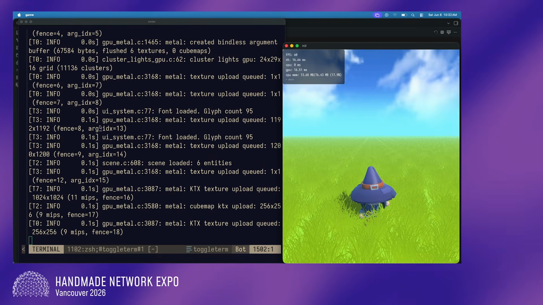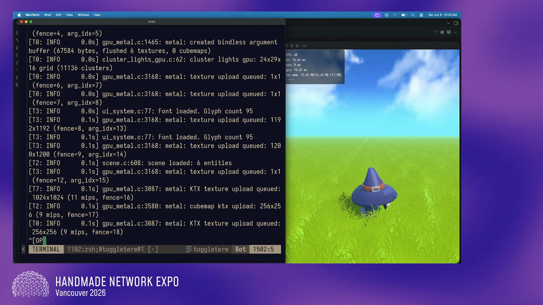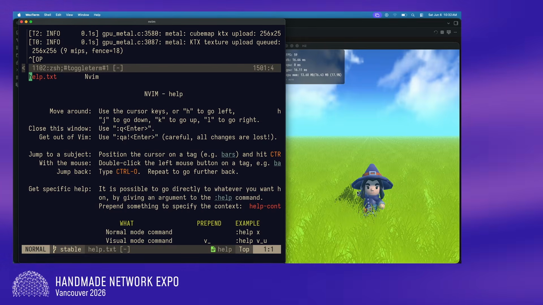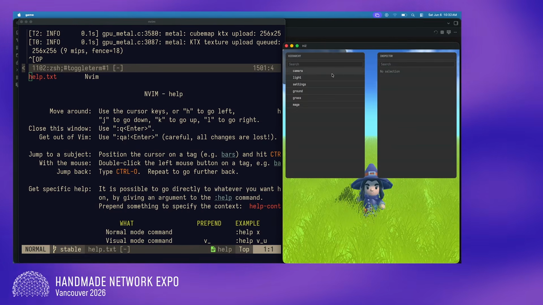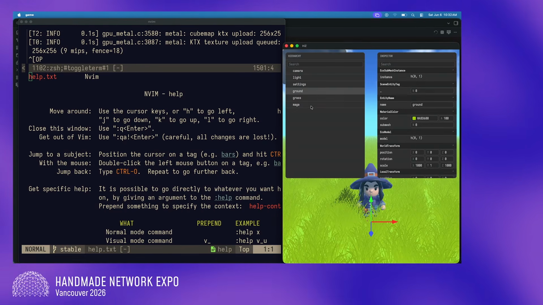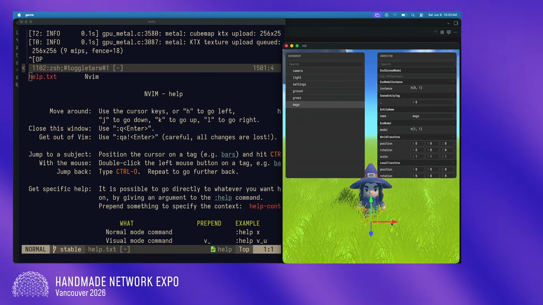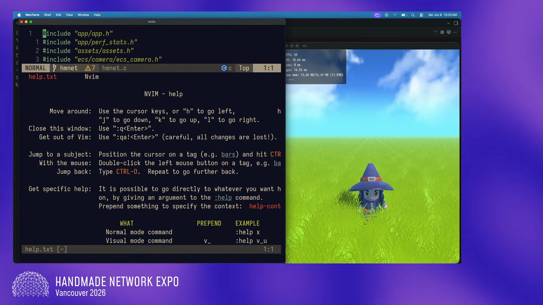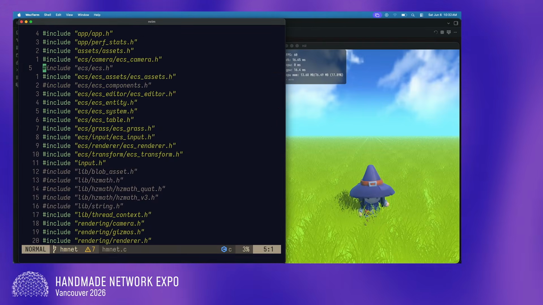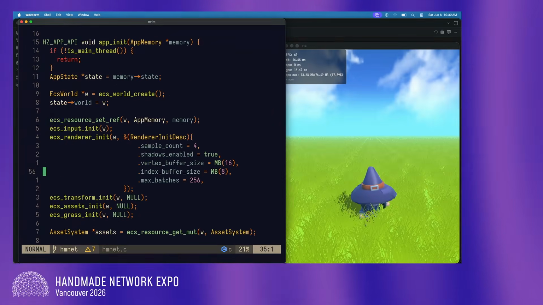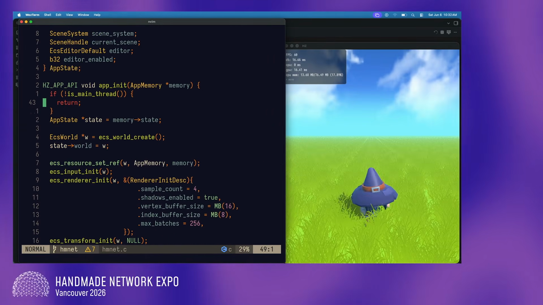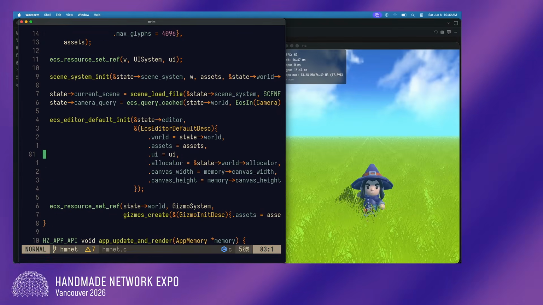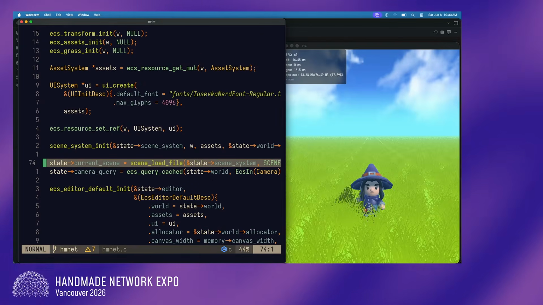Okay. So it's just playing animation. Let me see if I can enable the editor. Okay, so we have an editor here. Hope it's not going to crash. One time it crashed. There you go. This is really just an extension of all the things that we've been seeing. So this is way fewer lines of code, and you have the same idea for entities here, and you can just load the scene, and it just works.